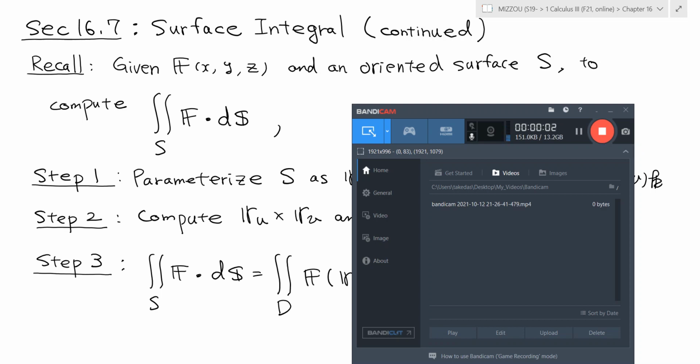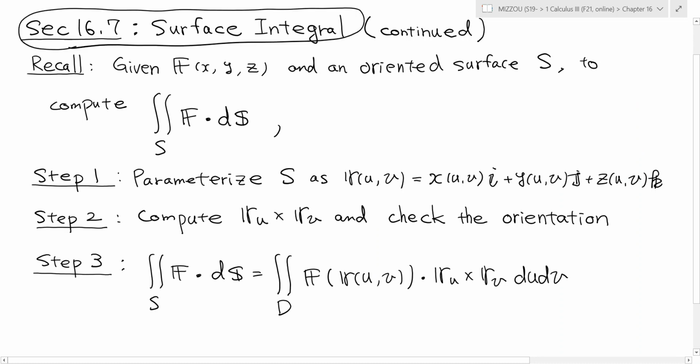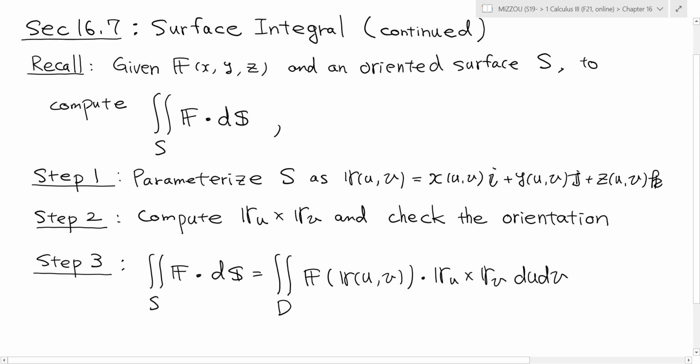Alright, this is the last video on section 16.7 about surface integrals. In this video, I'm going to work out more examples of vector surface integrals. Let's remember, given a vector field on R3, F of x, y, z, and an oriented surface S, the vector surface integral, or flux, is